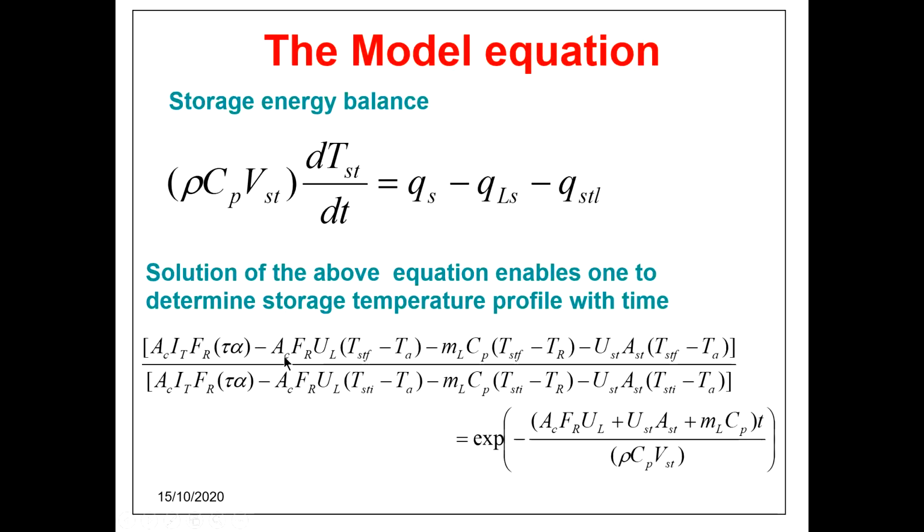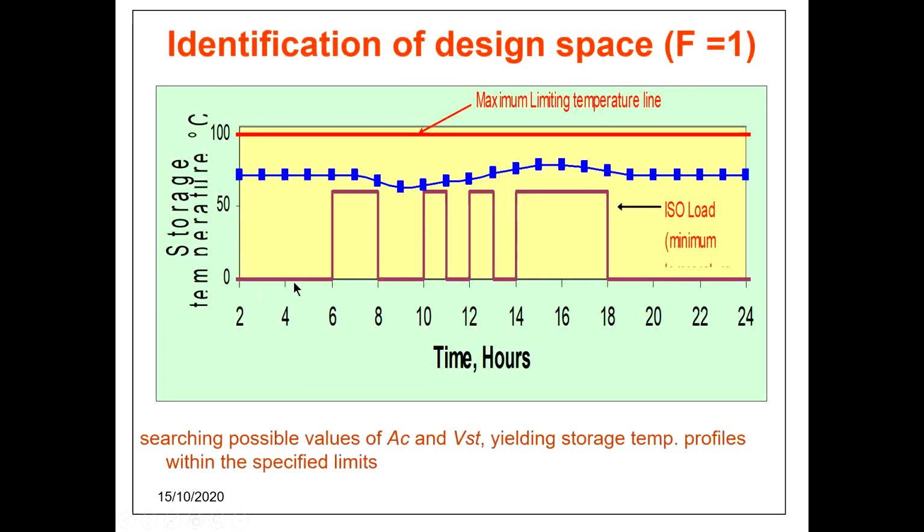Now, when I find the solution to this equation at a certain instant of time, say for this instant, this is the storage temperature in the morning, say 4 o'clock or 3 o'clock. Like this, I go on finding the temperature profile over a day. So this is the storage temperature profile over a day. The logic is that if the fluid in the storage tank is always at a temperature greater than 60 degrees Celsius, then it will naturally meet the entire load. If the storage temperature goes down, it is not an acceptable condition.